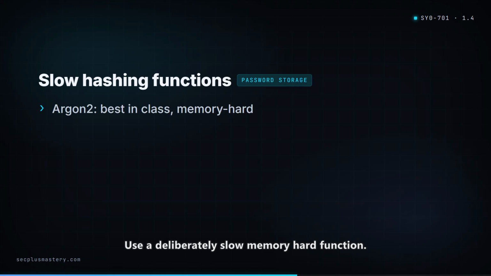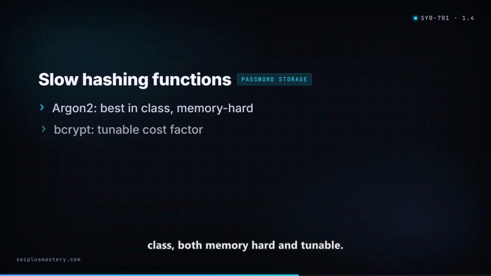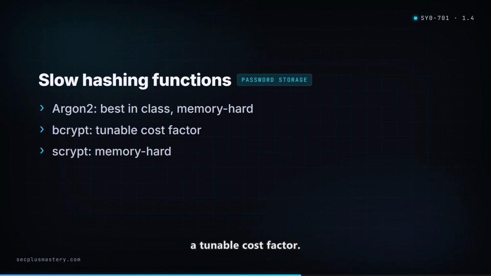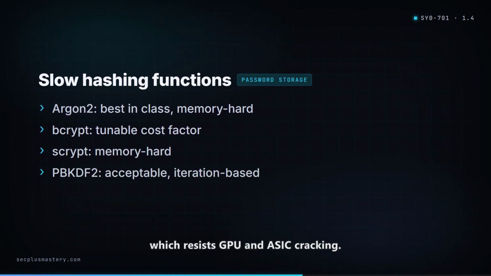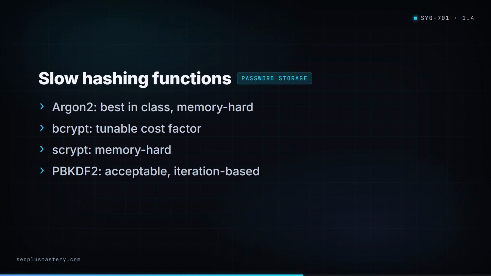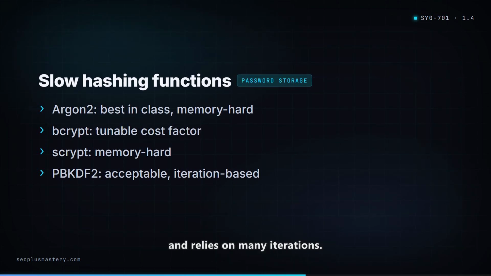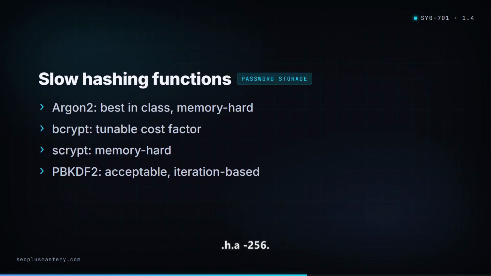Use a deliberately slow, memory hard function. Argon2 is the current best in class, both memory hard and tunable. bcrypt is intentionally slow with a tunable cost factor. scrypt is memory hard, which resists GPU and ASIC cracking. PBKDF2 is acceptable, especially where the others are not available, and relies on many iterations. Any of these beats a bare